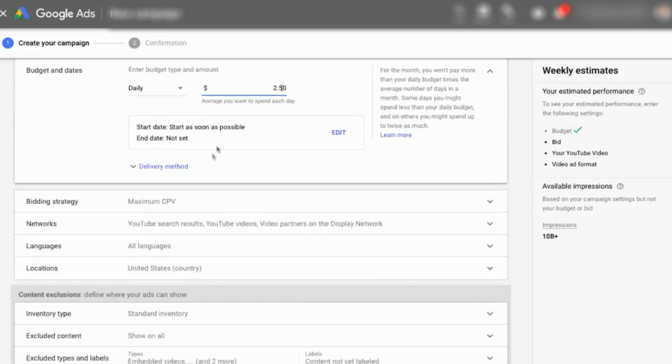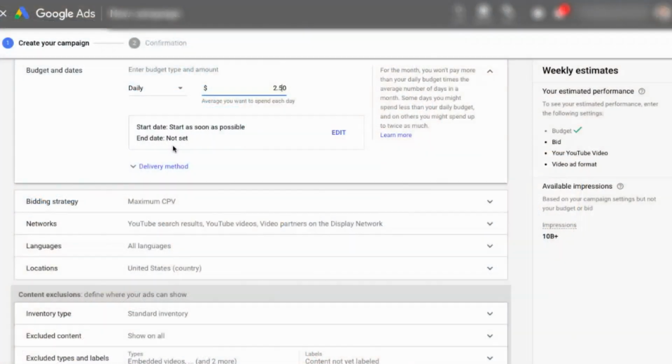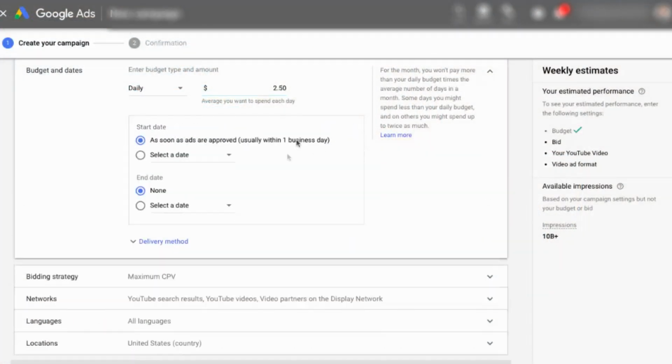Now for the start and end dates, I typically do an end date 3 or 4 weeks out. You can do however long you like. I used to not recommend doing end dates, but really Google will just spend your money until you're flat broke. So just in case something happens in life and you forget that you started running YouTube ads, or you break your leg and you're stuck in the hospital, you definitely don't want to be sitting there going, oh my gosh, Google is still spending my money. So we'll go ahead and set an end date a couple weeks out. We'll do September 14th, giving us a couple weeks to see whether or not this campaign works.